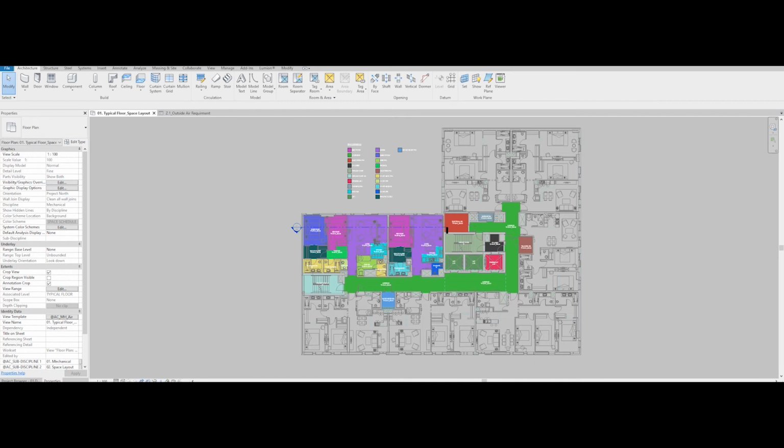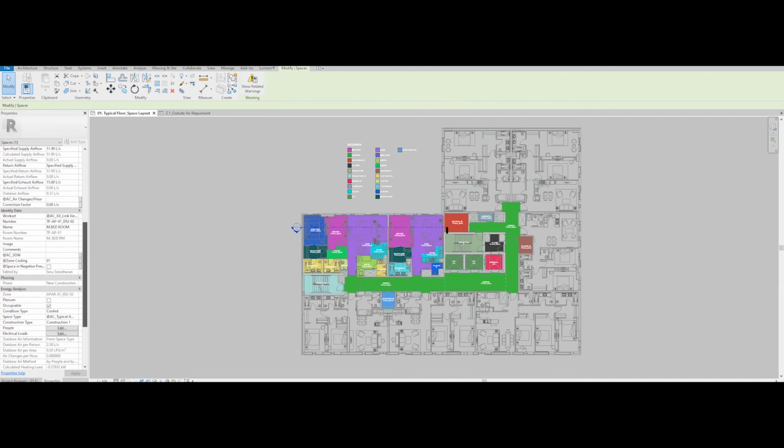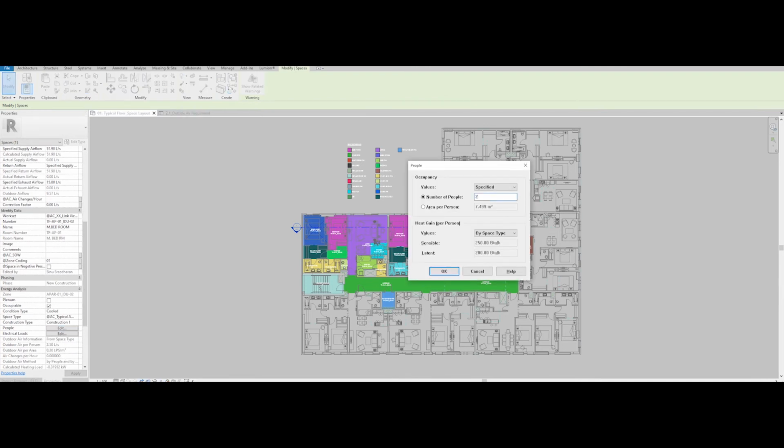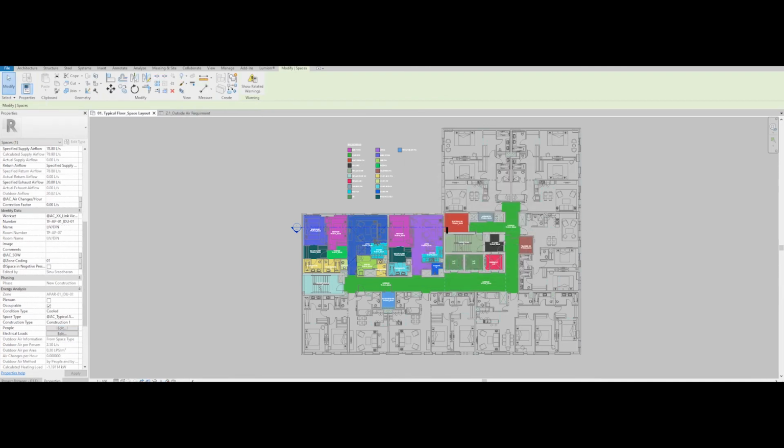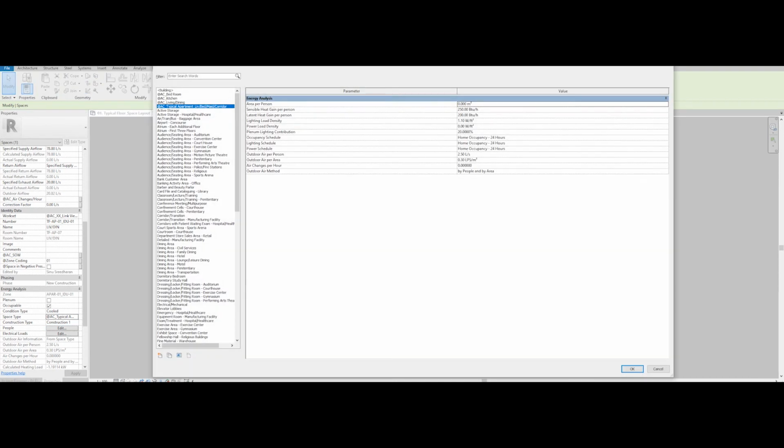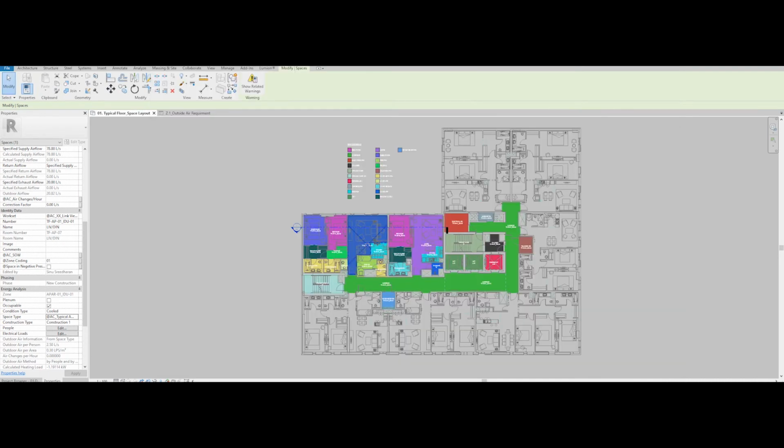Next is the very important automation for the outdoor air requirement in each space. I am selecting the spaces and adding the occupancy level in each space. This will vary in different spaces, and it's very easy to fill by creating a space schedule filtered by space type. And we have different templates for the different space types to fill the fresh air requirement based on occupancy and area.